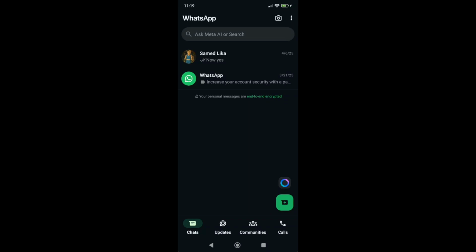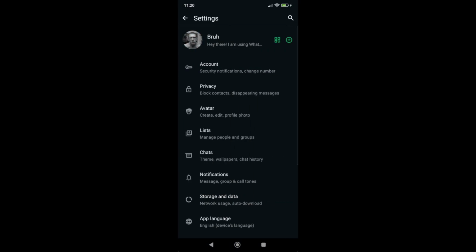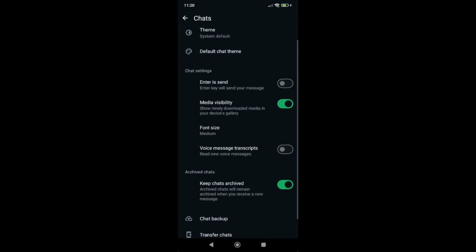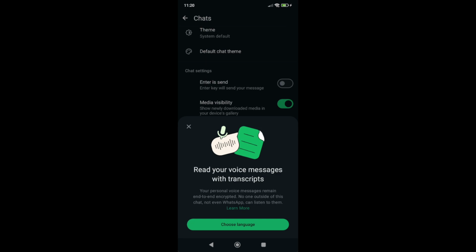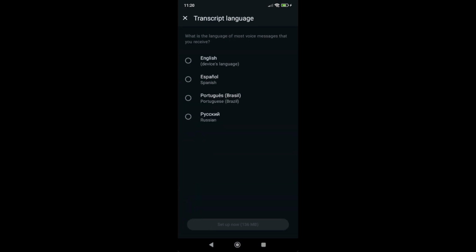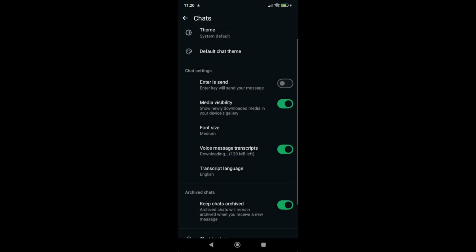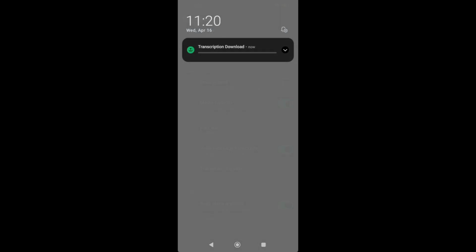So first you'll need to open WhatsApp and then click on the three dots on the top right, and then go to settings, and then go to chats, and then enable voice message transcripts. Then it will prompt you to choose a language. For example, I'm going to select English, then set up now, and that should start downloading